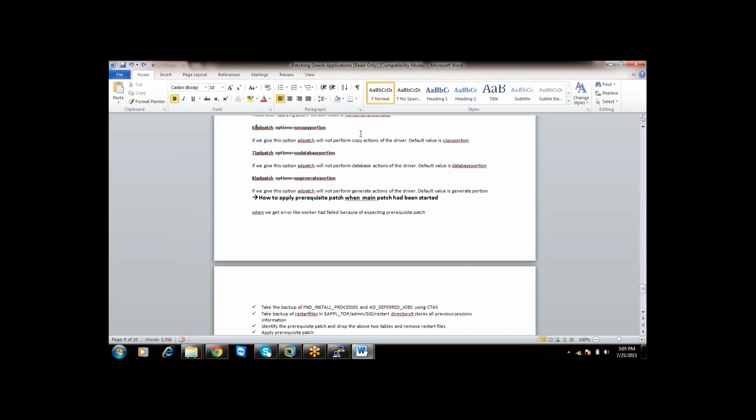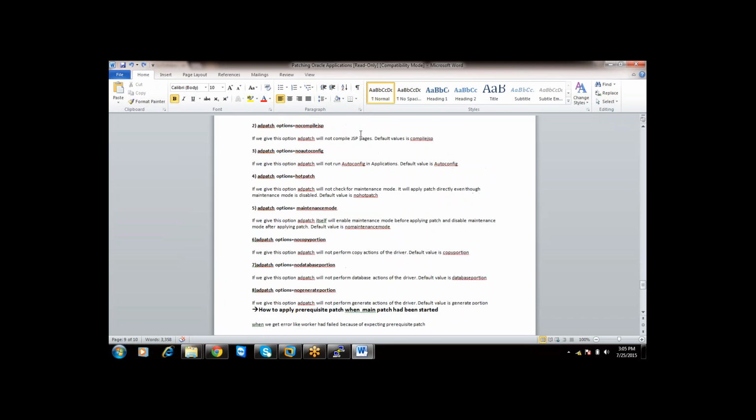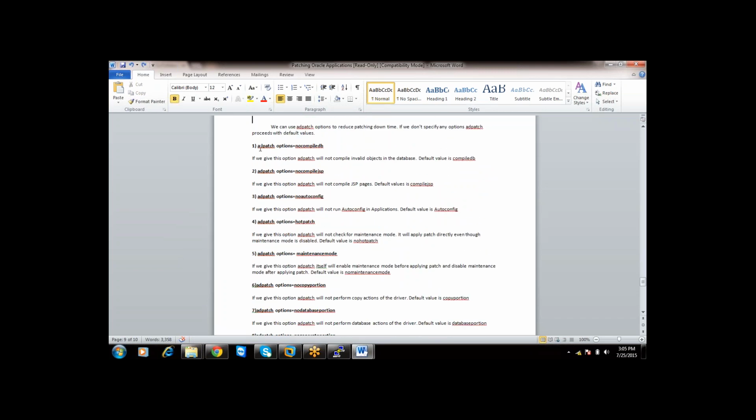In fact, people will be going with the above options when they are applying bulk patches. If you are not having downtime and you are applying a basic interim patch in your non-production instances, you can go with hot patch, but this is not recommended. If you apply a patch using hot patch and after that you face any issue, Oracle is not going to support it.